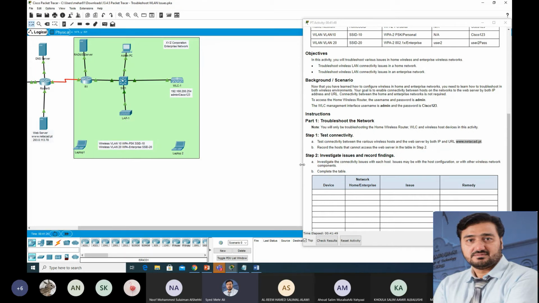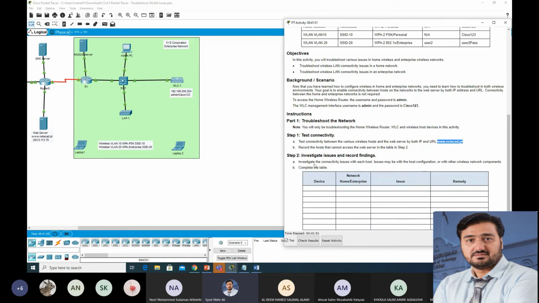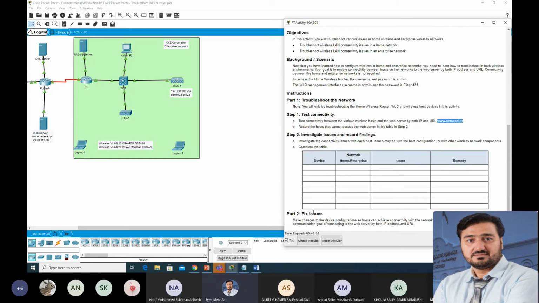Step 2, investigate the connectivity issue with each host. The issue may be in the host configuration or the wireless network. Record the host. Now we will fix the issue. Issue 2, make a change in the device configuration on the host and achieve connectivity. Okay. Now see here, we have 50% completion.